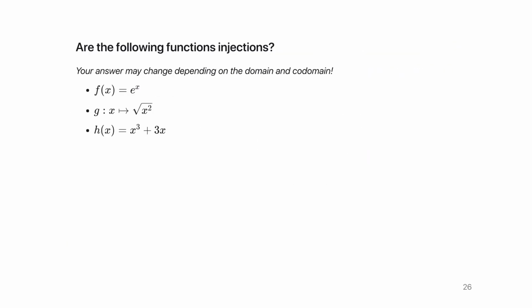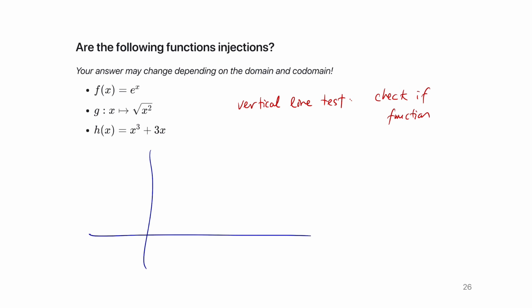Okay? One quick thing I wanted to get to before we move on is an algebraic test we can use to see if a function is an injection. So we use the vertical line test to see if a relation is a function, right? We can actually use something called the horizontal line test to see if it's an injection. And let me draw some examples of real functions, by real I mean on the Cartesian plane, that are and are not injections.